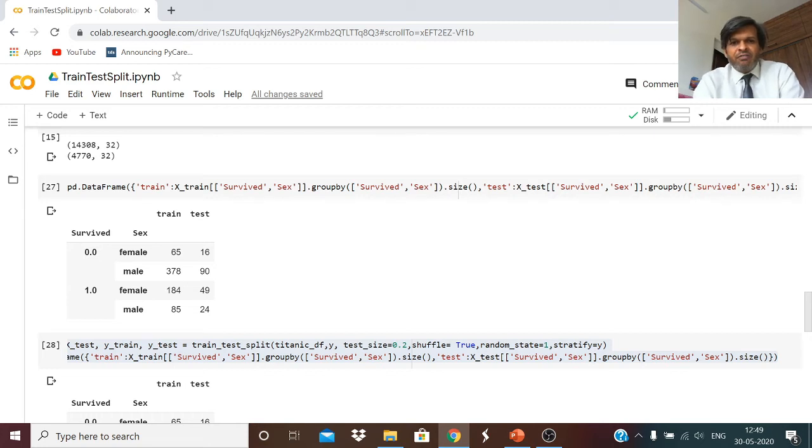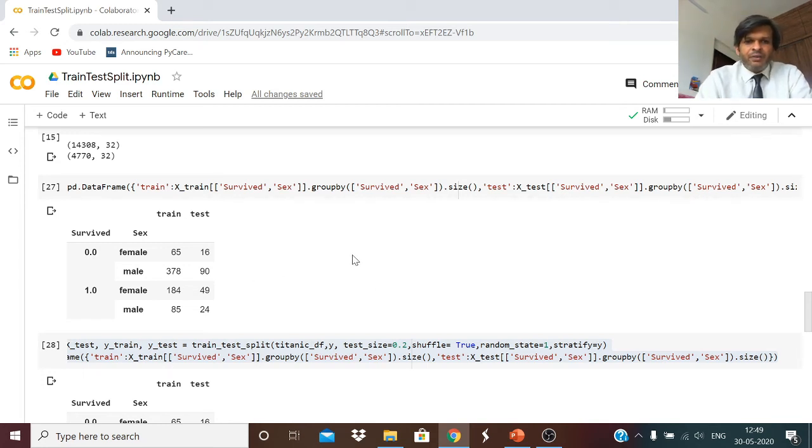So this is something which is very important. How your features get distributed across the training set and the test set, whether there is an even distribution, matters, because your trained model's behavior will depend on the kind of mix of features it has. So it is very crucial to understand this point while doing the split.